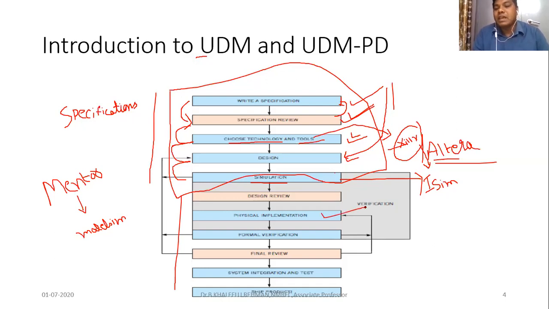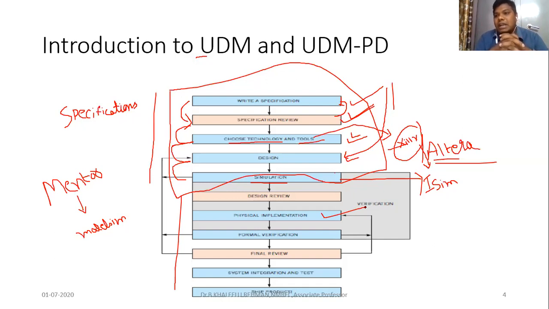Physical implementation means converting a piece of code into hardware. Up to now, we have not yet touched any hardware. We are only in software. We have taken a programming language, VHDL or Verilog. Then we checked the block diagram of all the logic gates, then the internal block diagram. The synthesis report is also there. I'll just show you the synthesis report: how many inputs are there, how many outputs are there, all the things are there. Then we checked the simulation.